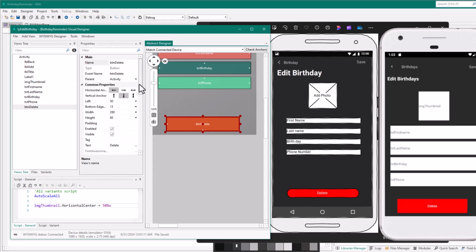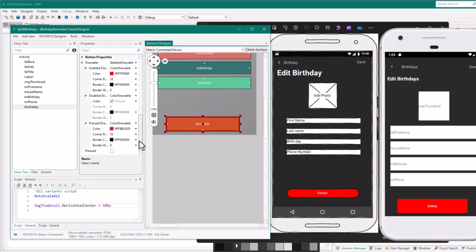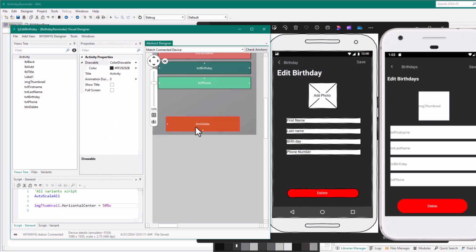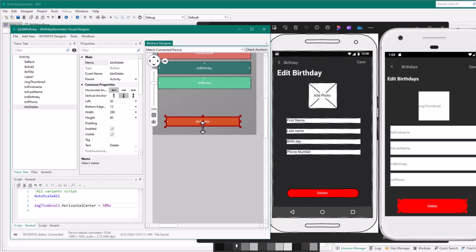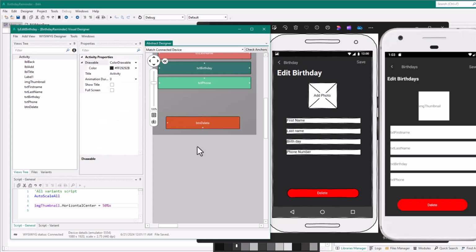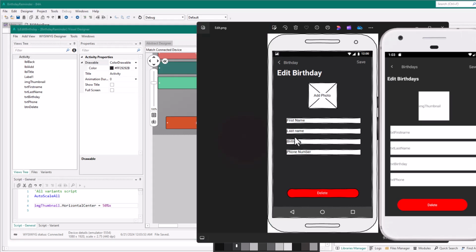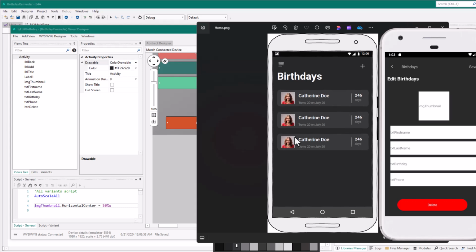Let me see the height, 60. Okay, I'll change the corner radius to 30. Great. And pressed corner radius has to be 30. I think it's too big, so I'll reduce it a bit, 50. Okay. Save. So we have the birthdays layout,